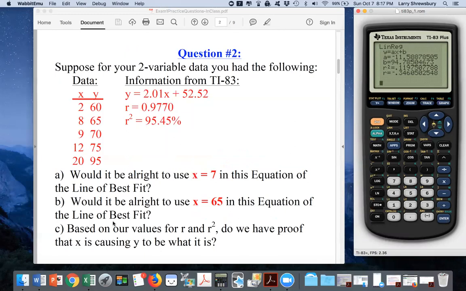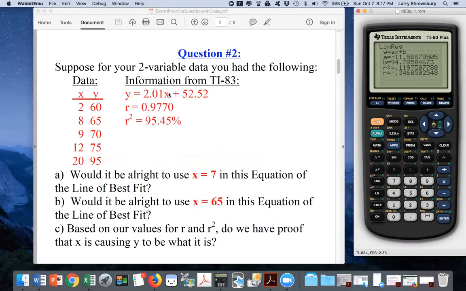And then C, based on your values for R and R squared, can we use that as proof that the X variable is causing the Y variable to be what it is? Okay, so these are covered in the concept questions. So what we're actually doing here is applying a couple of the concept questions. All right, so with A and B, when you plug in values for X in order to predict Y,